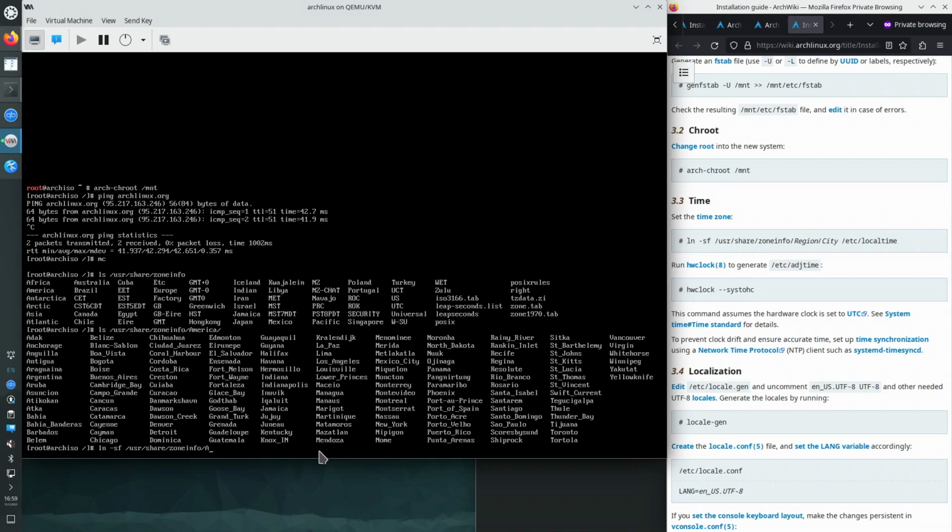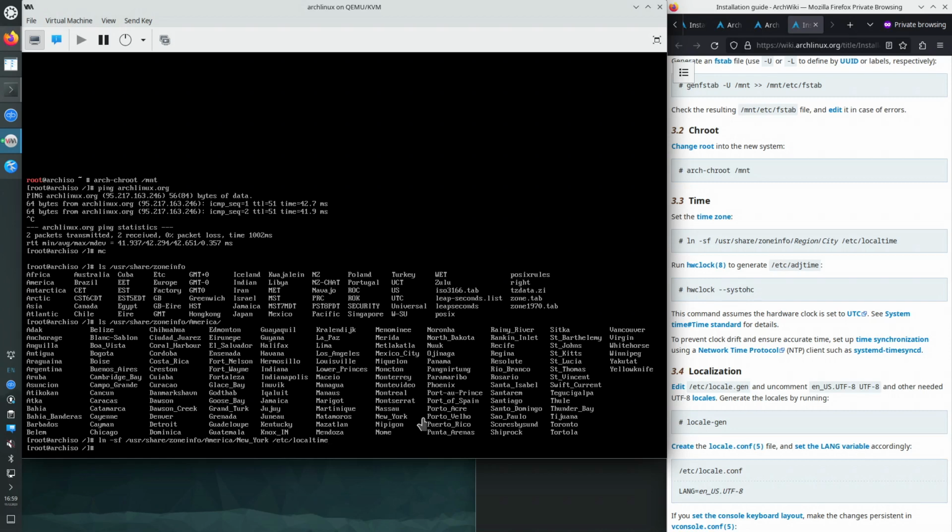So region was America, and city was New York, /etc/localtime. Okay, so ln -sf, correct file name because I auto-completed, /etc/localtime. Okay, and then generate